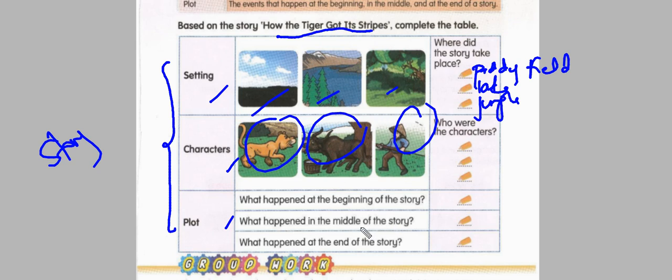So what happened in the middle? Okay, and in the end, did this animal, the tiger, get what he wants? Okay, what happened to the buffalo? What happened to the farmer? What happened at the end of the story? Okay, you just write as simply as possible what happened. So in the beginning of the story, for example, the tiger went to, okay, what happened? So in the middle, what happened? Did he get what he wants, got tricked or what? And in the end, what happened? So I'm not going to mention it because you already learned about this.